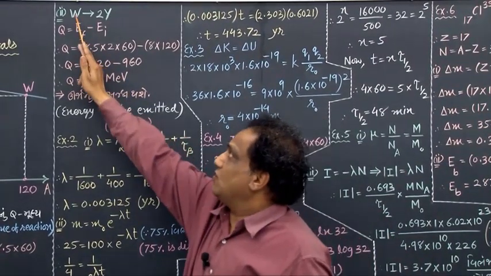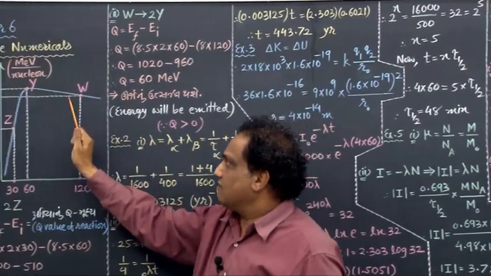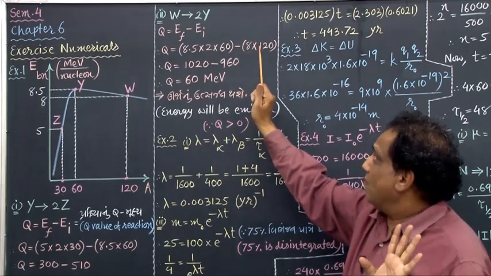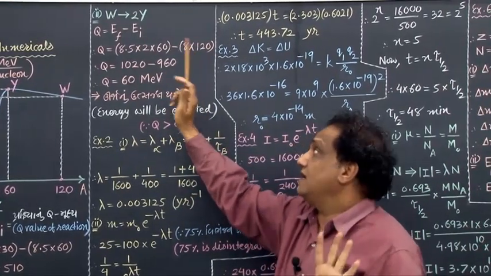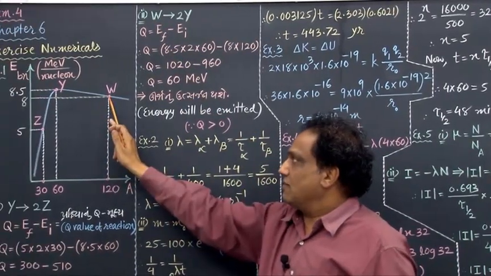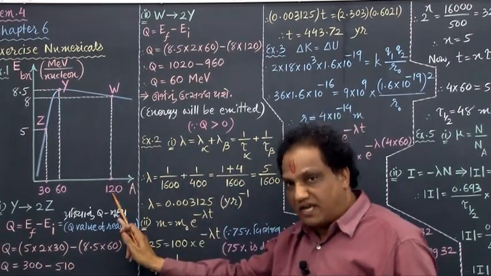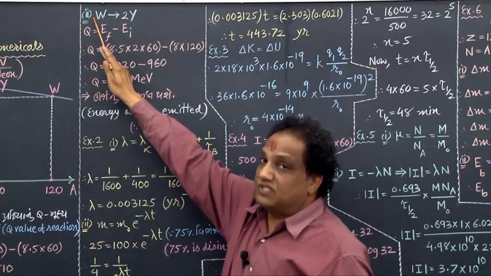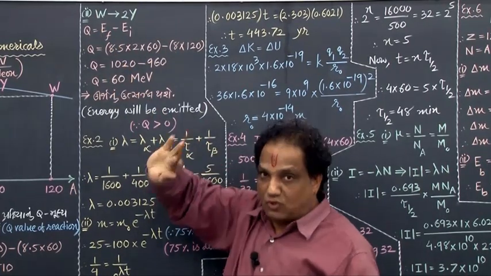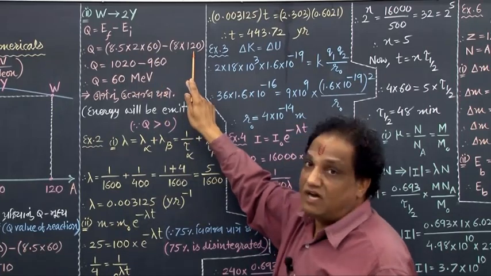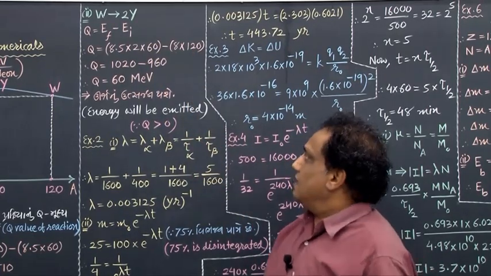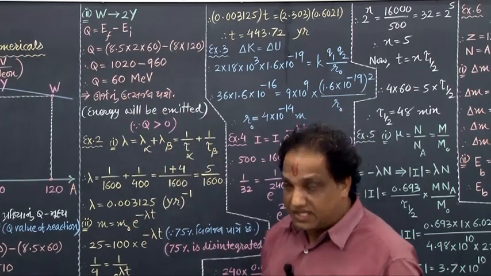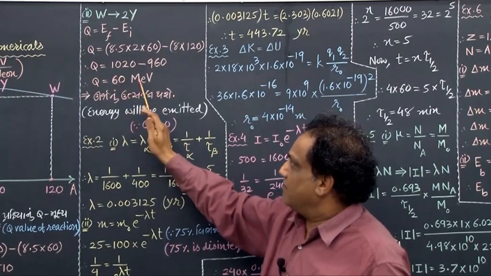Now, in the initial condition, you have nucleus W. For W nucleus, the binding energy per 1 nucleon is 8 million electron volt per nucleon, multiplied by the total number of nucleons in nucleus W. For nucleus W, the total number of nucleons is 120, so I just multiply by 120. Correct? Here it is single W. Suppose they give 4 into W, then you can multiply this number by 4. Simple? Fine. This multiplication is 1020, this multiplication is 960, and this minus this comes out to be 60 million electron